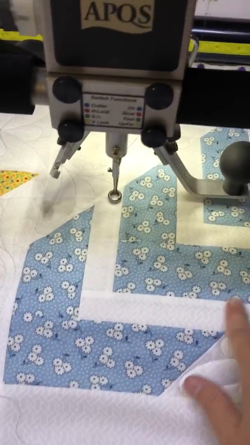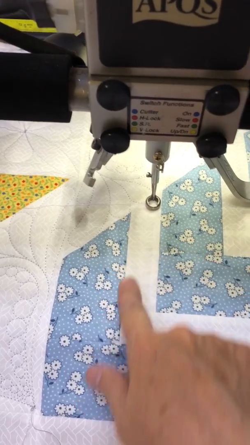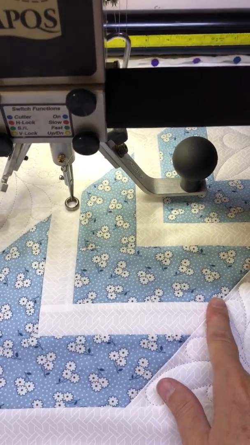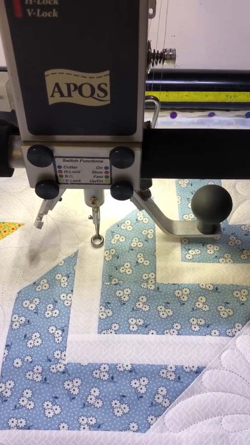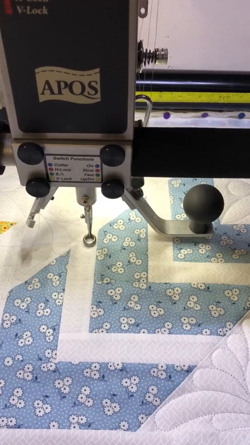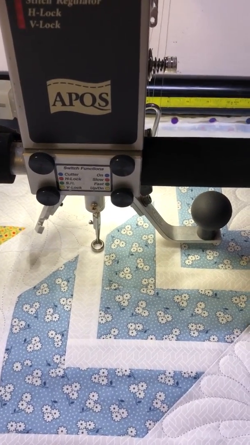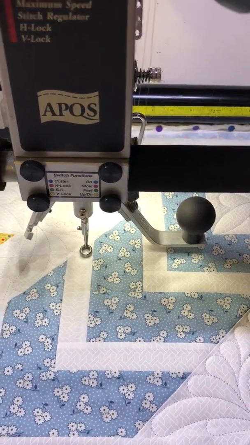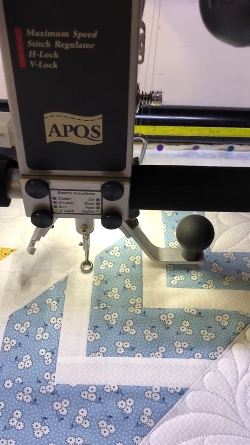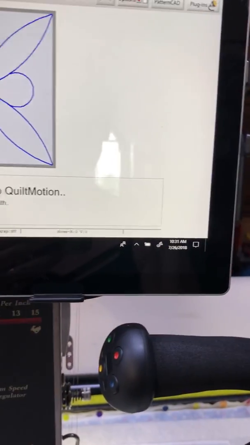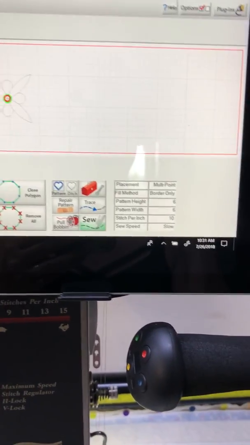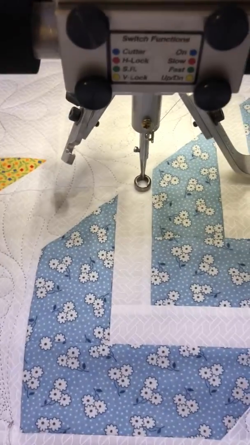Now what I want to do is fill this area in that's white, but I don't want to have to pull out my rulers to do that. So I want to do it with my Quilt Path. But how do I do that without having to go into Pattern CAD and design the lines and then figure out how to place it? What I'm going to do is say I want this as design and I'm going to quilt as a single pattern, even though I'm not going to quilt this pattern right now. But what I am going to do is go to my quilt